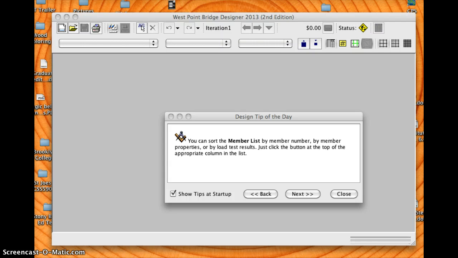Maloney, and this is going to serve as your introduction to the West Point Bridge Designer 2013 software. And these are the steps that you need to follow in order to start the program, activate it, and start designing your bridge. So when you click on the West Point Bridge Designer icon, this is going to be the